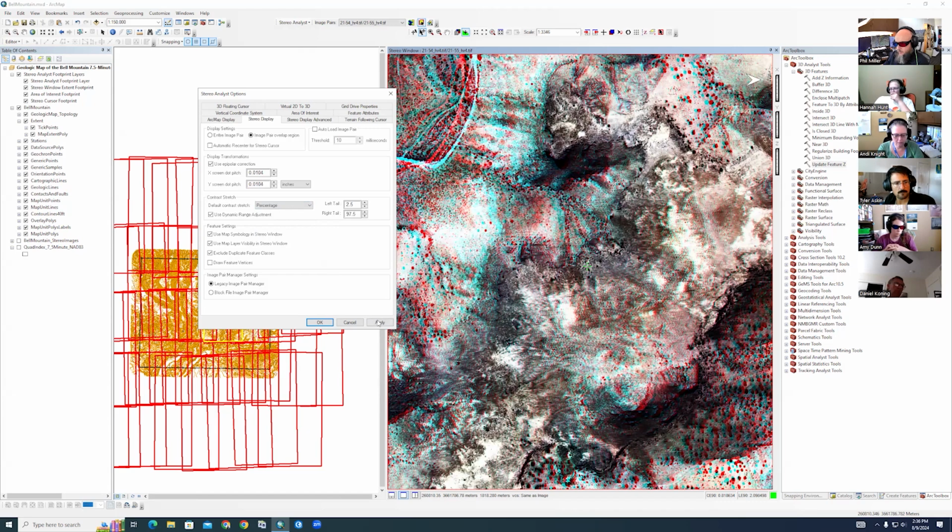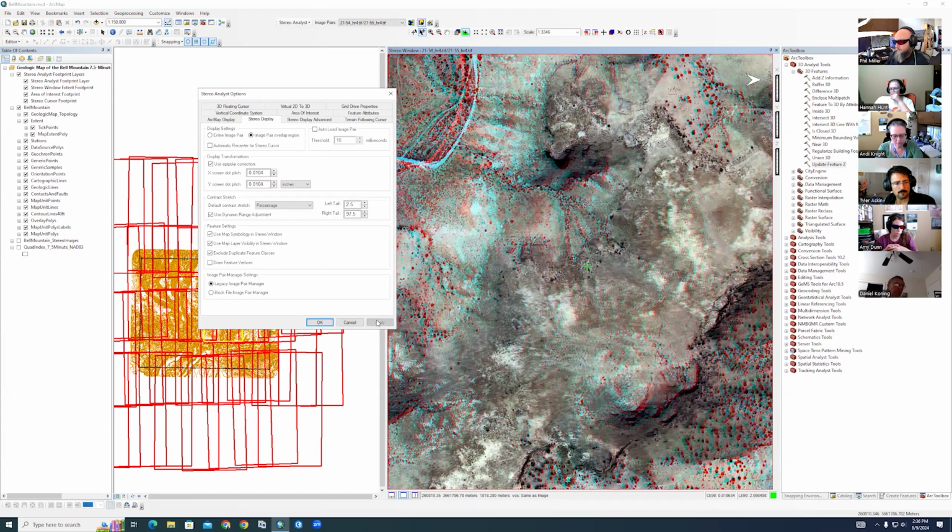And then back to where we started at percentage. With the red blue, that function is a bit hampered by the tinting of the lenses themselves. With the beam splitting technology, the polarized lens filters, these things are more noticeable and they're less affected by the tint of the glasses. So that is a way that you can use that function to help yourself identify rock units by adjusting that